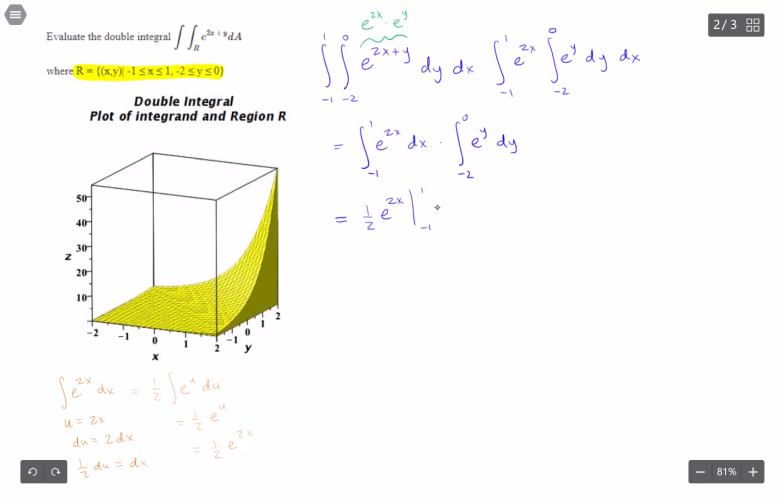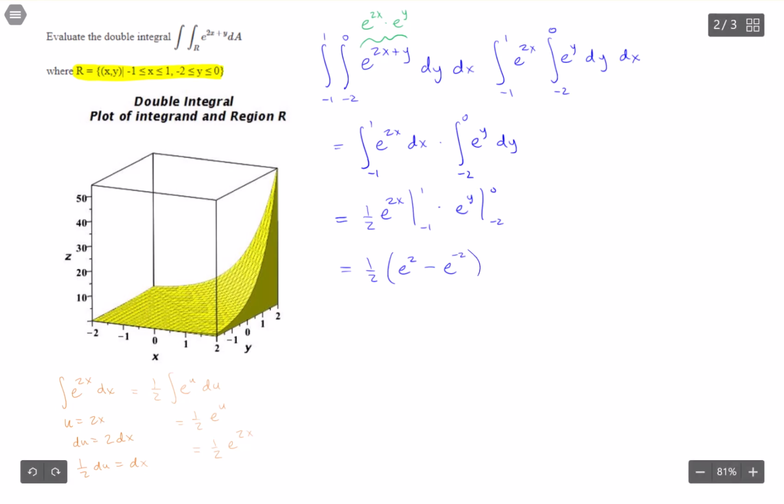and we need to evaluate that from -1 to +1, and then we're going to multiply that by e to the y is its own integral with respect to y, so just e to the y evaluated from -2 to 0. So this will be 1/2 e to the 2x evaluated at 1 would just be e squared,